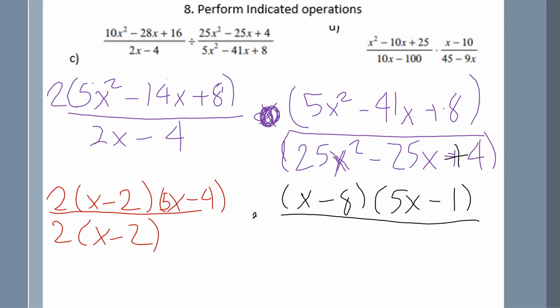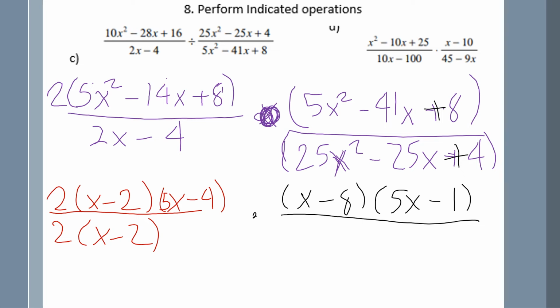Nothing's negative, it's just my bad handwriting. Maybe one day I'll type this out. Maybe not. So 25 times 4 is 100, right? So that's x squared minus 25x plus